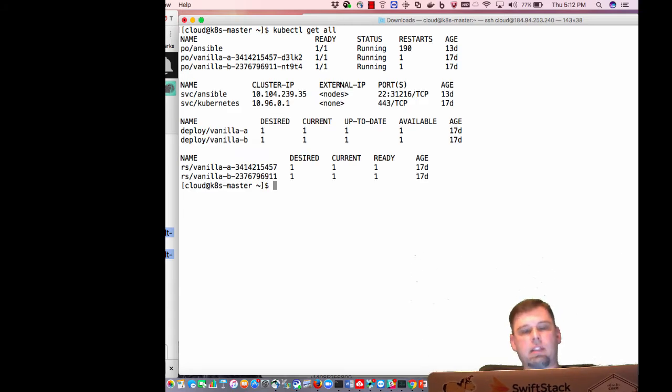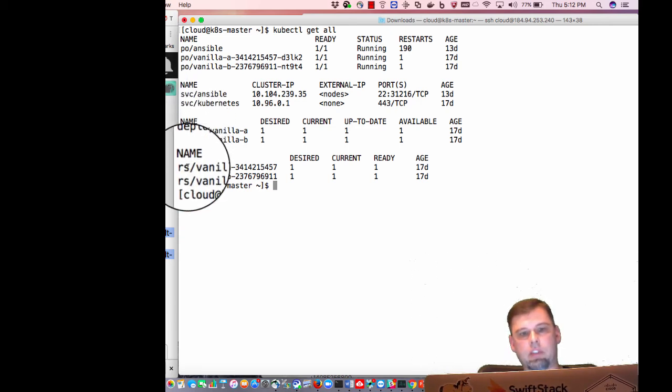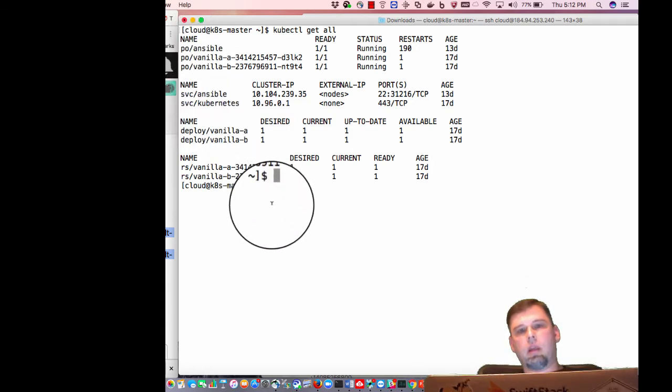This command allows us to see pods, services, deployments, and replication services. Now we do have some stuff built here, but we're going to build our new deployment, which consists of a web server that displays a bunch of different cat images. Everybody loves cats. And then a backend Redis master and slave. The reason why I chose that backend is that the slave is always replicating and connecting on a particular TCP port to the master,